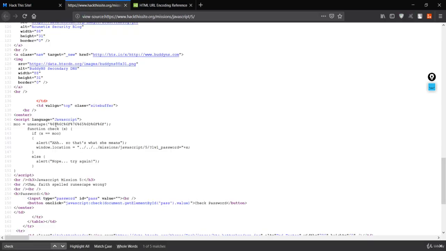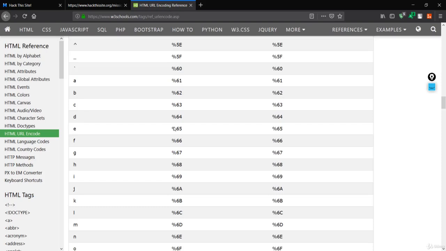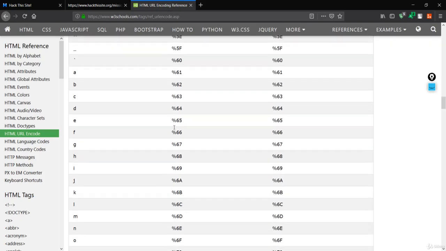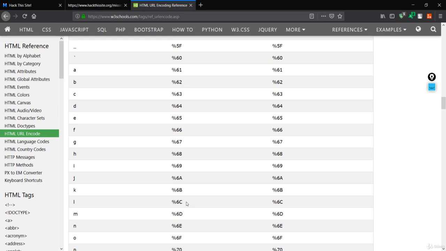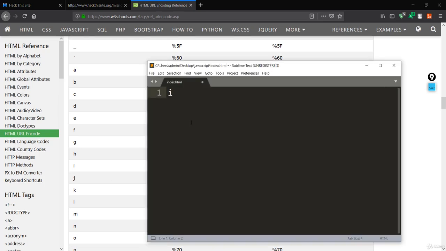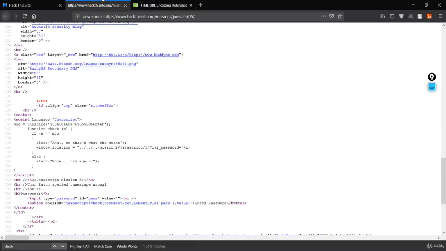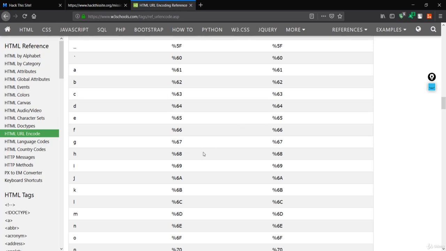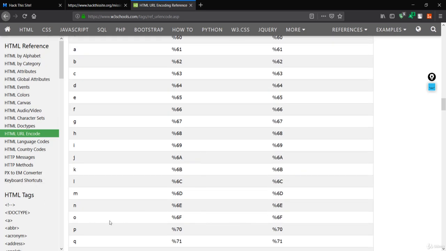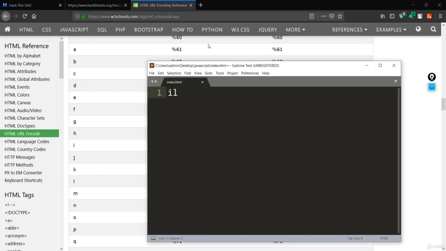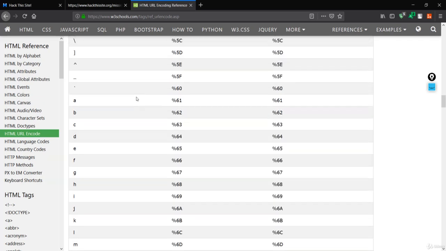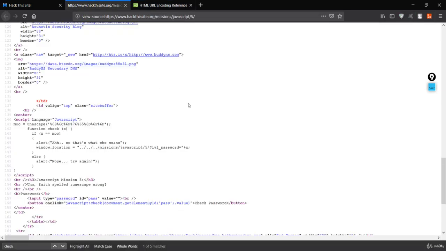Let's see the other one, and it is %6c. So if I just go here and search for %6c, you could see right over here, which is %6c, saying l. So next one would be l, and again you could see simply that it is %6f. So it should be right over here, which is the small o. So you should guess now it should be something like I love. So this is the boring way. So let's see some of the advanced way.